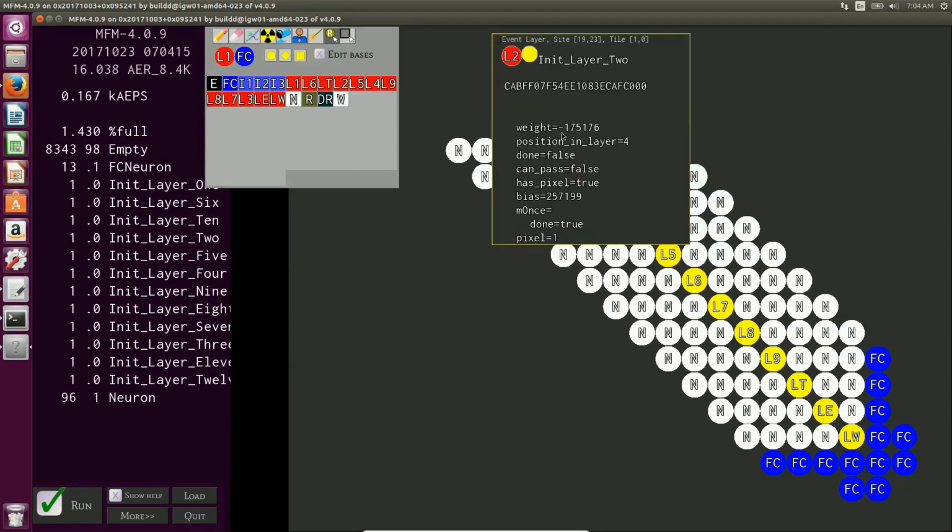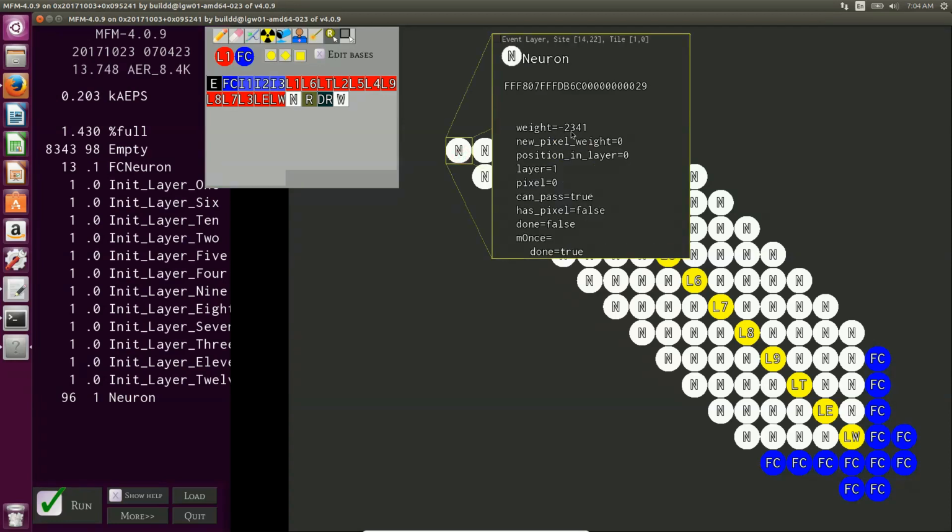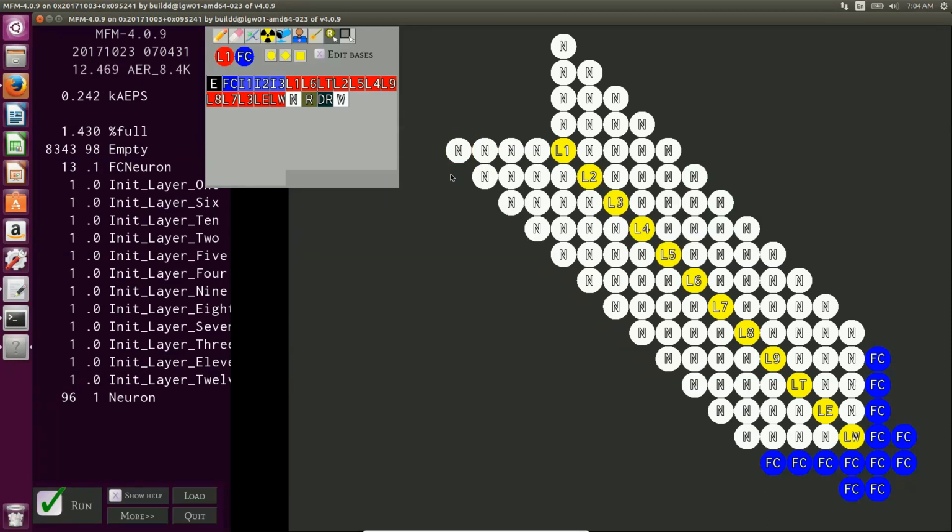6 length. So this would represent negative 0.0175176. Even a smaller one, negative 2341, would represent negative 0.00023441. So I'm lucky though, in the convolution layers I don't need to worry about that, because all these input